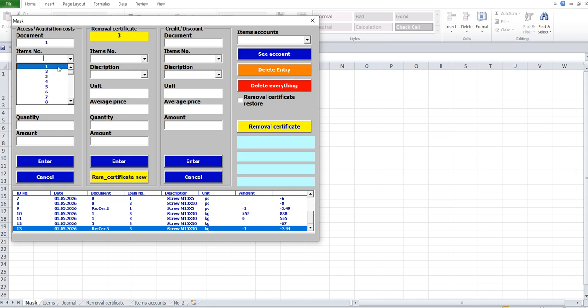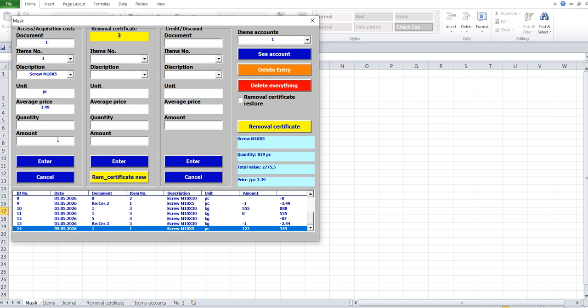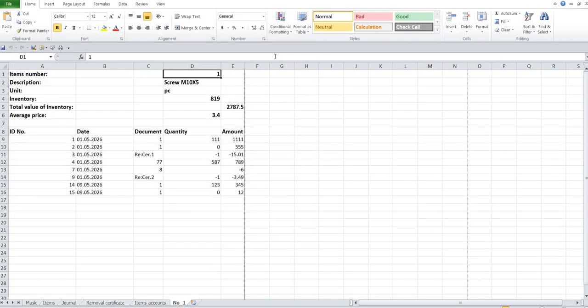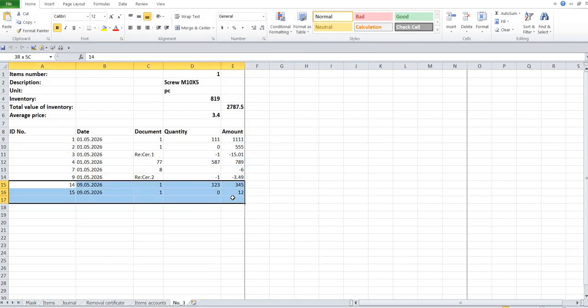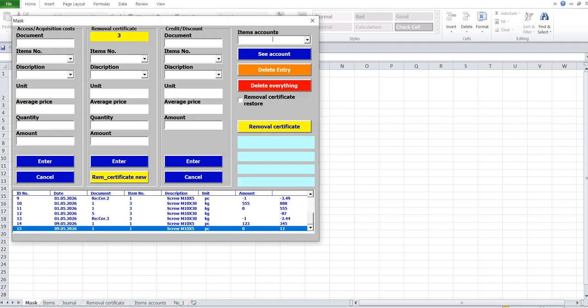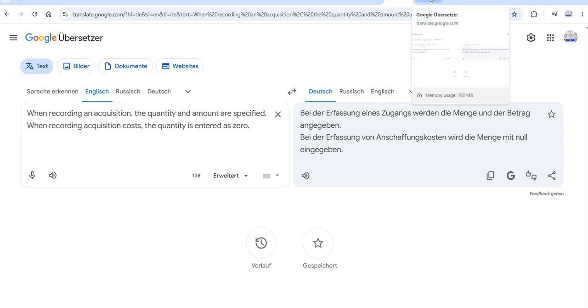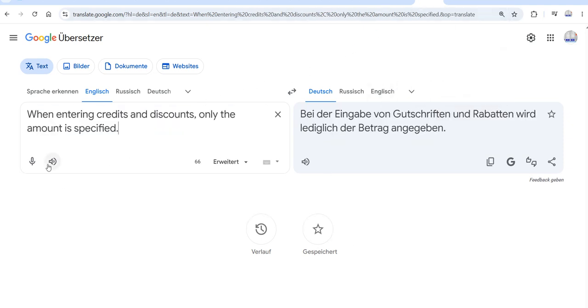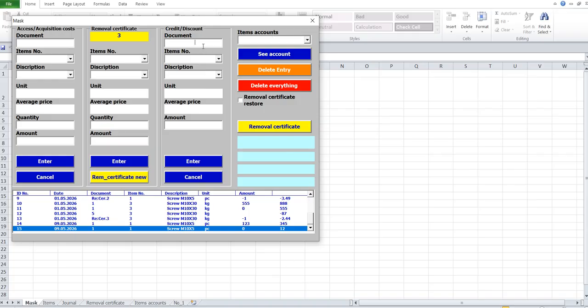When recording acquisition costs, the quantity is entered as 0. When entering credits and discounts, only the amount is specified.